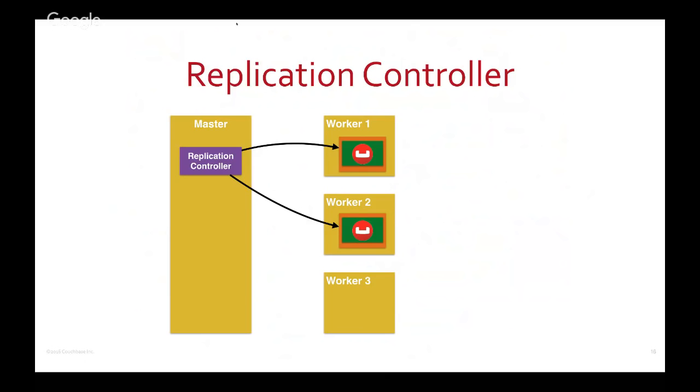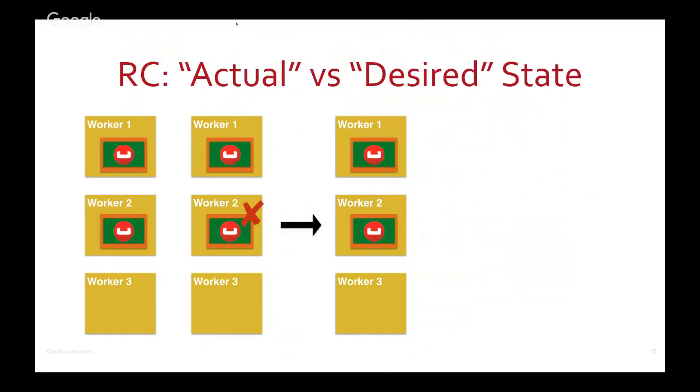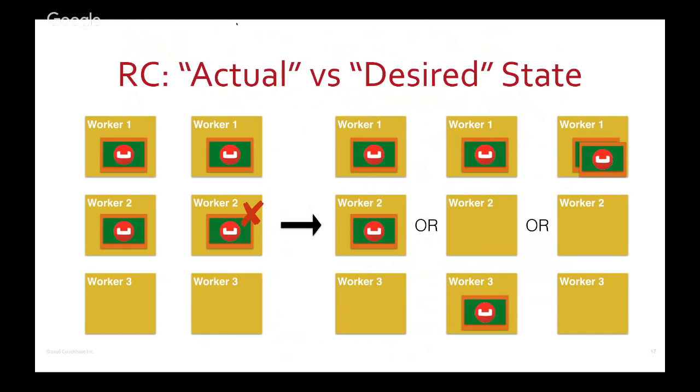So now I have a master, and on the master I said, okay, create a replication controller. Replication controller has 2 replicas, so it fires up those 2 pods. How does the reconciliation happen? So now let's say I have worker 1, worker 2, and on the right side as well. Let's say one of the pods dies. So Kubernetes realizes, oh, pod has died. So it will try to fire up a pod on worker 2, or on worker 3, or on worker 1. And we'll get into the scheduling algorithm. But essentially,